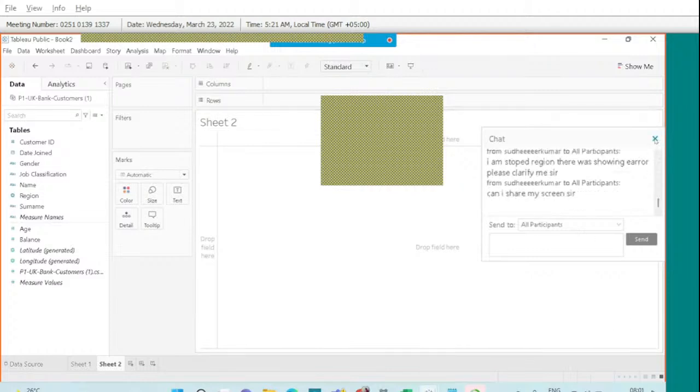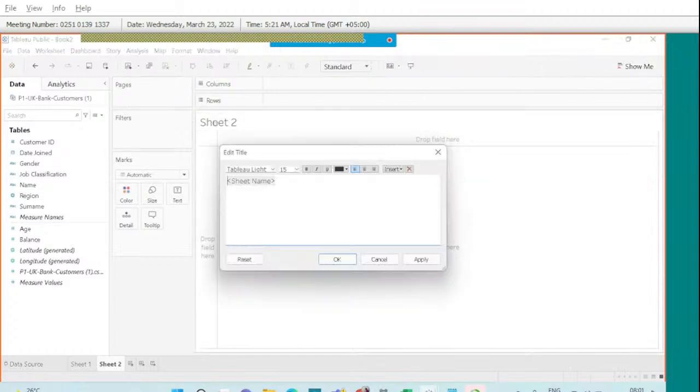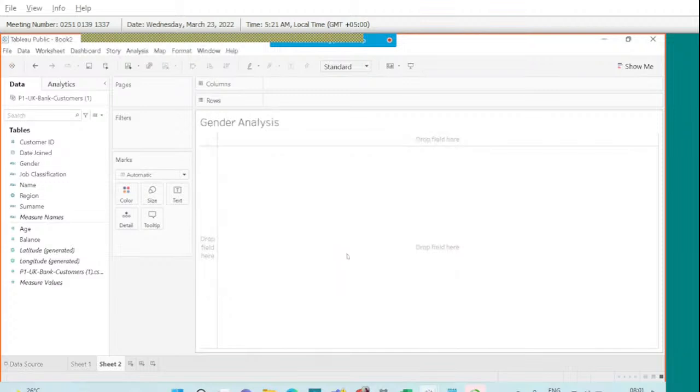Now what we do over here is we're going to move to the next chart and talk about gender analysis. In the gender analysis, we're going to understand whether we have more male customers or female customers. When we have to do segment sharing, to understand how the distribution has happened across the different segments,